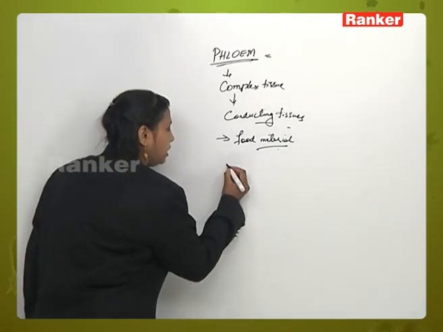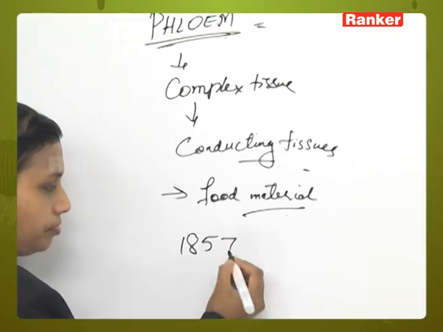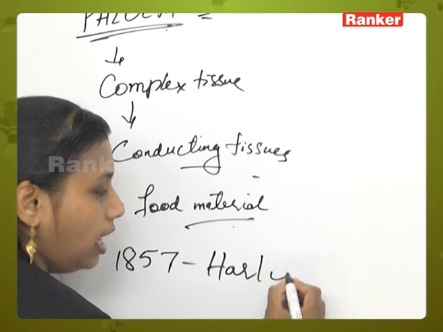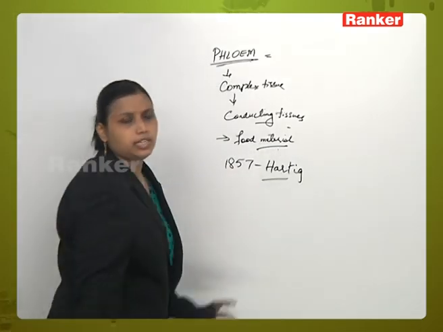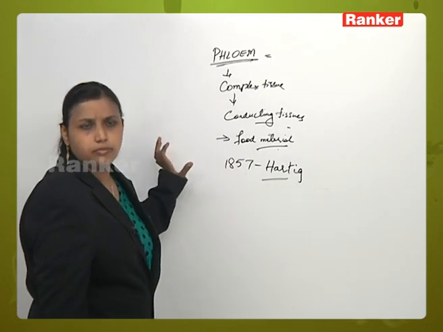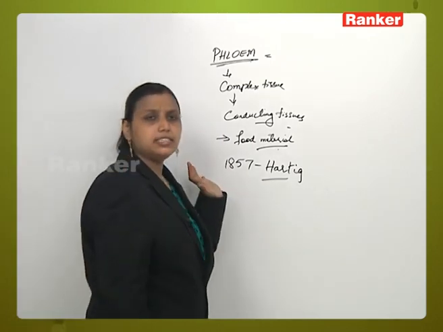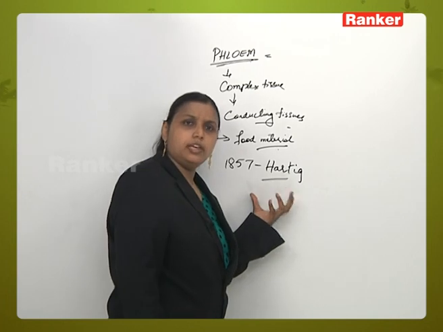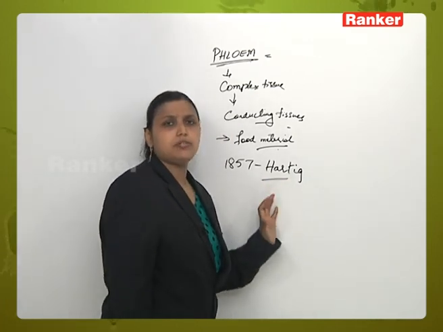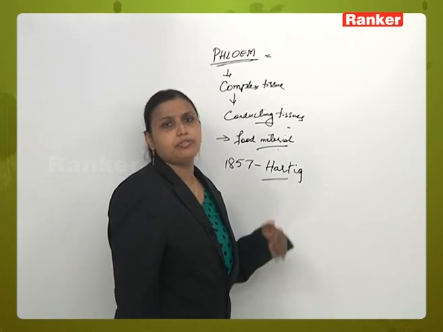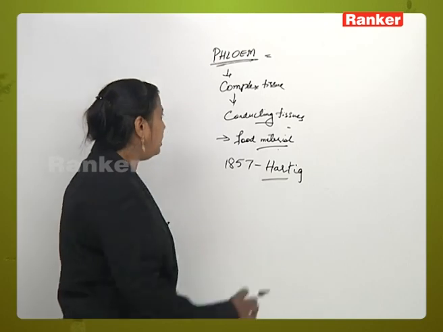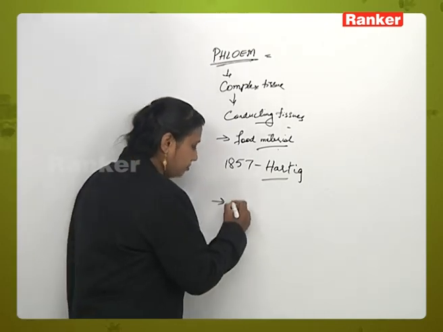Now, it was in the year 1857. In 1857, an anatomist called Hartig introduced the term, or identified the tissue called phloem. He said that there is a tissue in the plant body, in addition to xylem, which is also helpful for the transfer of food material from the leaf to the different organs of the plant body. And the alternative names used for the phloem are